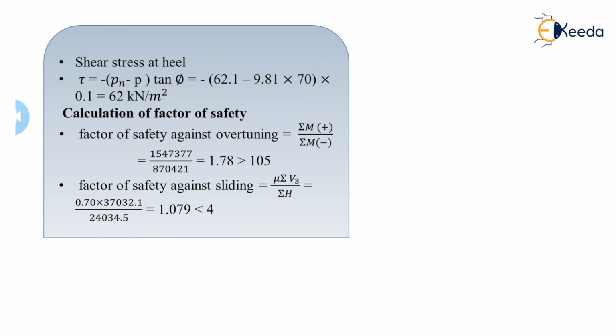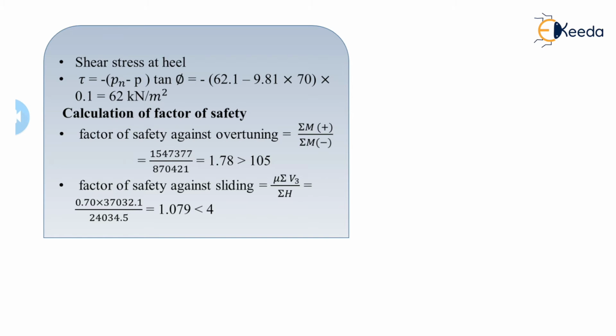So as there is the water pressure, there is uplift pressure. So obviously the dam may fail in overturning. It may fail in sliding also. So we have to check the factor of safety. Again, go to the slide where we discussed the modes of stability or modes of failure of a gravity dam. In this, we had already discussed all the points. Similarly, we just have to use those equations here.